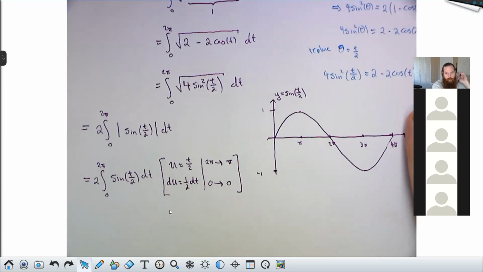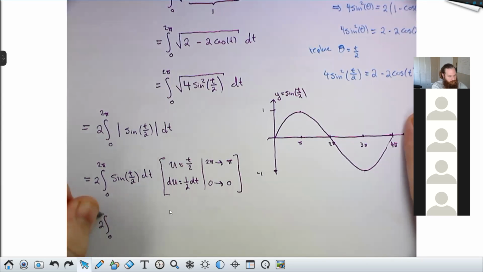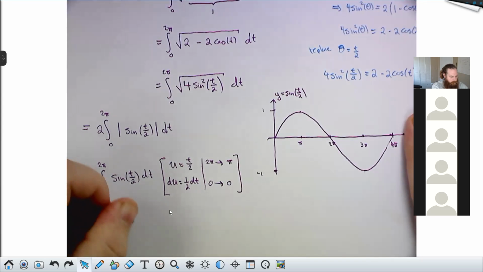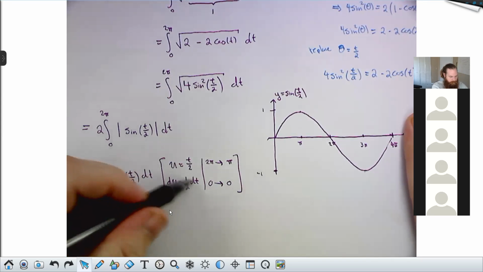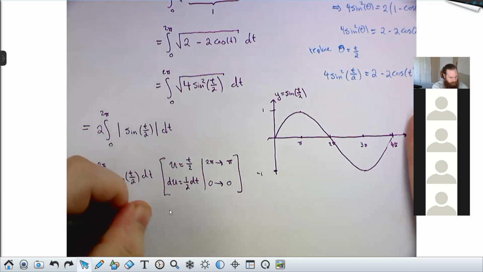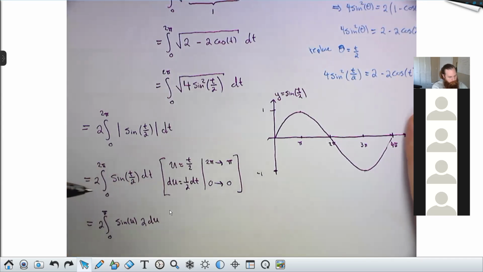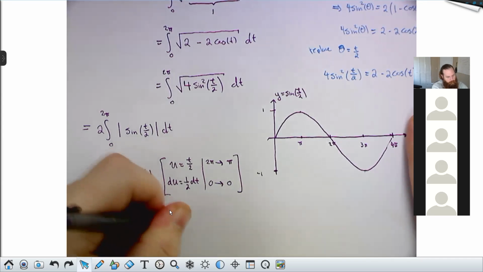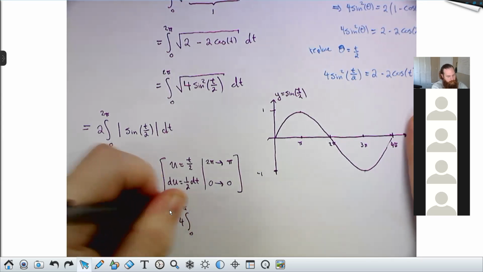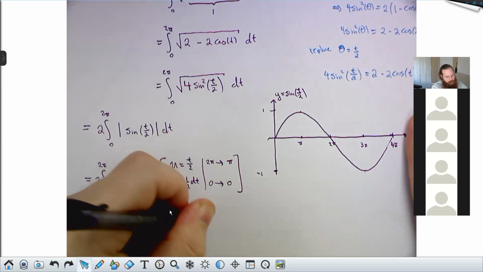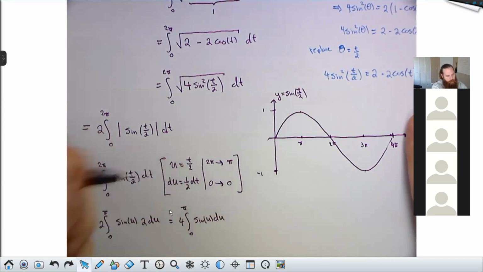So there's our substitution. And this will be 2 times the integral from 0 to pi of sine of u times, I solve this for dt, and I get 2 du. So we'll have 4 times the integral from 0 to pi of sine of u du,